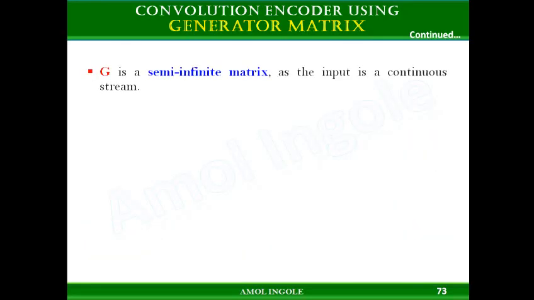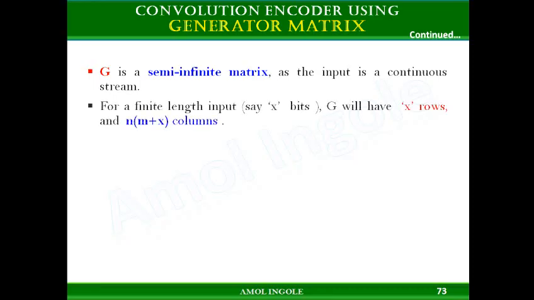The generator matrix is a semi-infinite matrix as the input is a continuous stream. That's why in the example we did not show the number of rows and columns, because it depends on the input bit stream. So the size of the generator matrix would be semi-infinite. For a finite length input, let us say the input bit stream has x bits in it, G will have x rows. The number of input bits is equal to the number of rows of